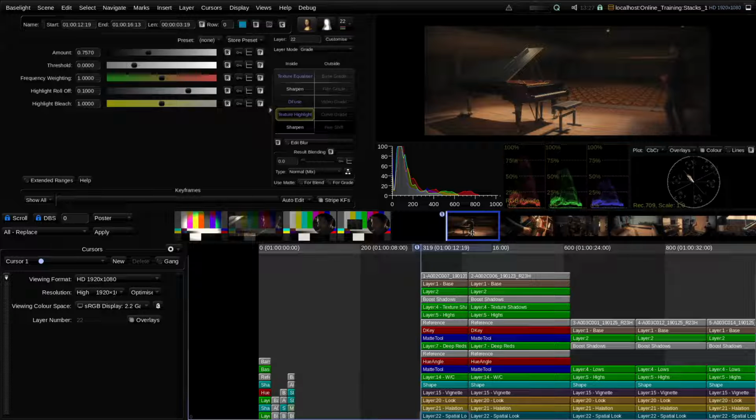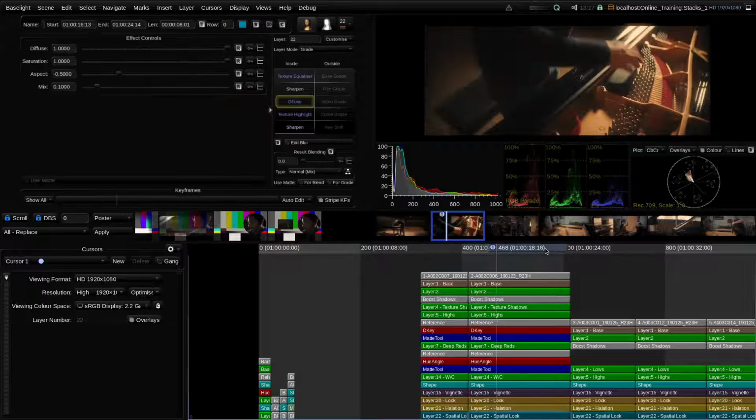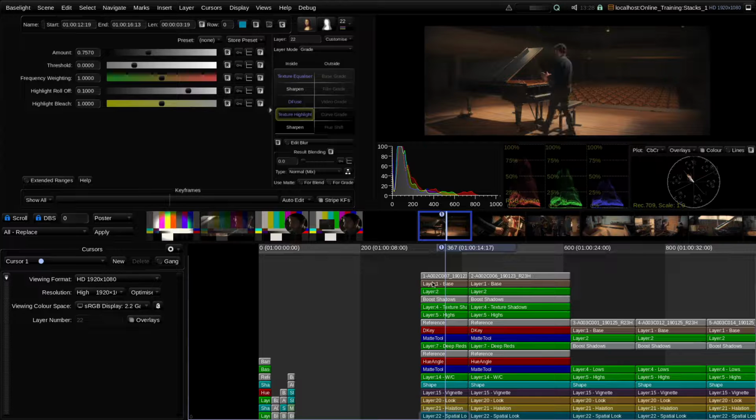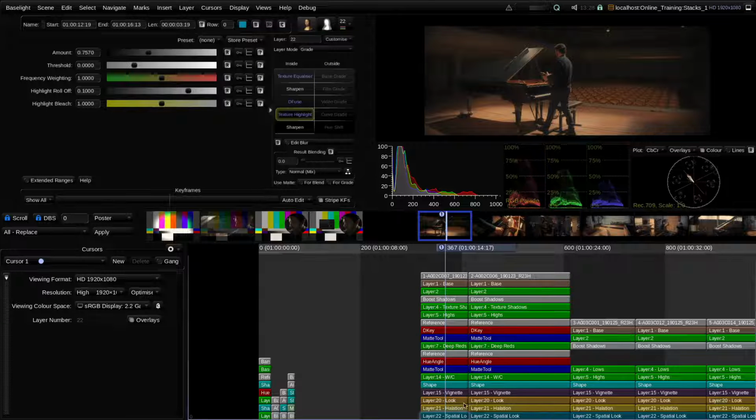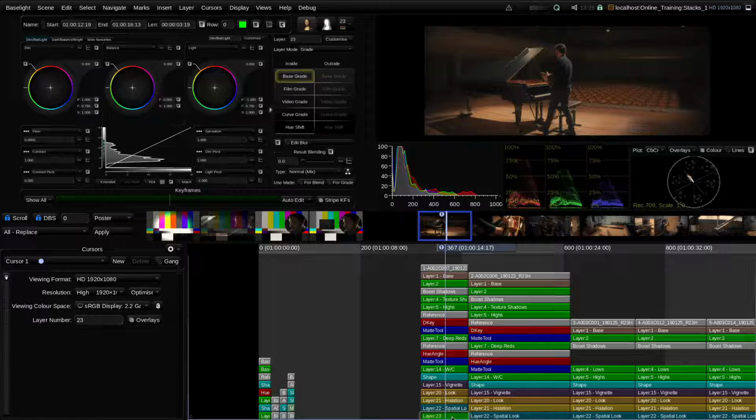In this scene, you can see that each shot has its own stack. Normally, all the strips in a stack will line up with the start and the end of the source strip. However, that doesn't have to be the case. For example, if I add another grading operator to this stack just by pressing P, you can see that by default, the strip has been added so that it matches the length of the existing strips in the stack. However, I can edit the end of this strip up here in the parameters view so that it actually extends all the way to the end of the timeline, which I happen to know is at